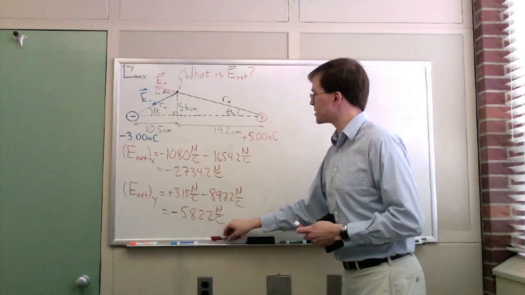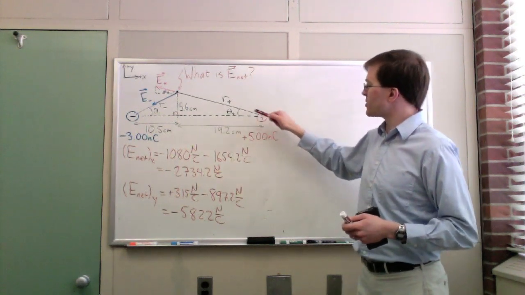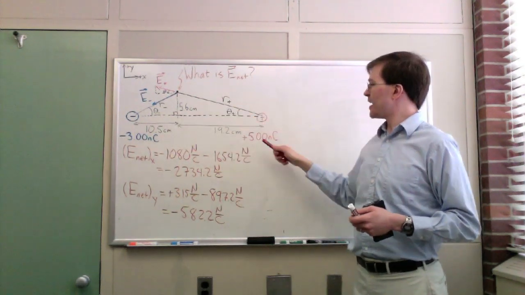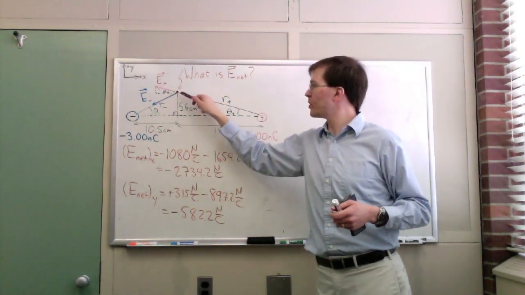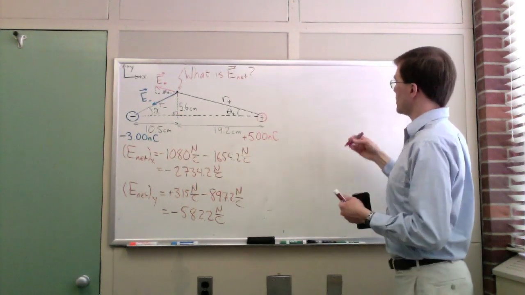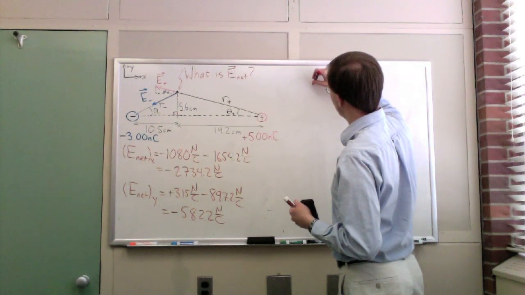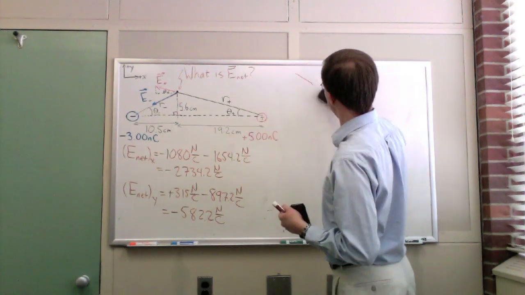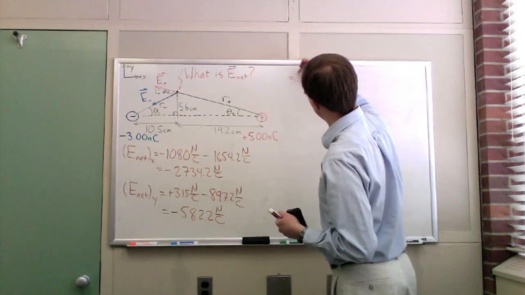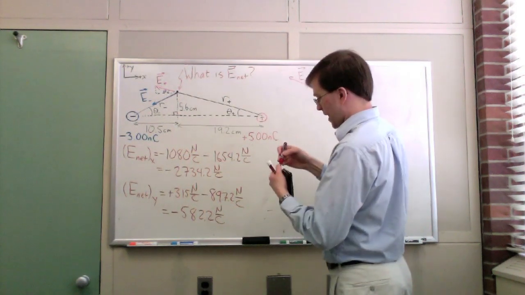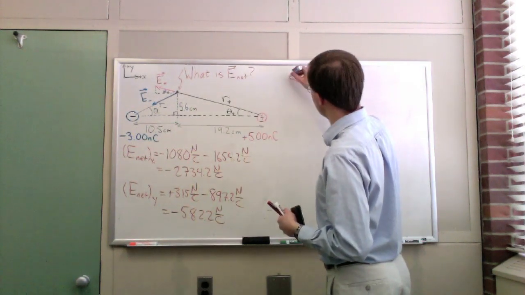If I just drew my vector sum of those two, let's think about it a little bit. The plus charge is much farther away than the minus charge is, and it's only a little bit bigger. So I expect the E plus arrow to be a bit shorter than the E minus arrow. If I added these two together, just doing a visual vector sum to begin with, oh, that's steeper than my actual picture. Let me get this at least a little bit right. There's my E plus, and if I added to that my E minus, which is a little longer and a little steeper,